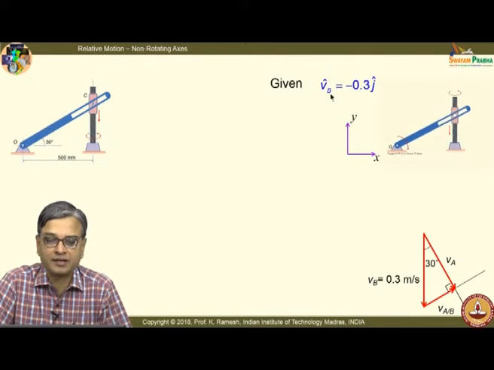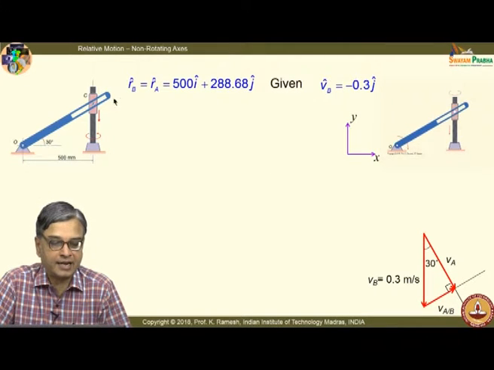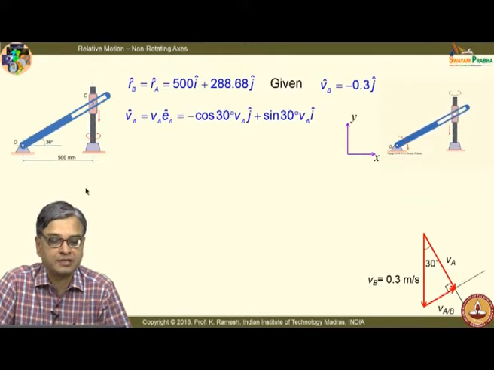So, you are given VB as minus 0.3j and I have the reference axis listed here, and I have RB equal to RA. These are all simple arithmetic, you can easily check these quantities. You are given 500 millimeter, you are given the angle, so you can find out the other quantities. Then we have written down this as VA equal to VA into E cap. We have already determined this E cap A,